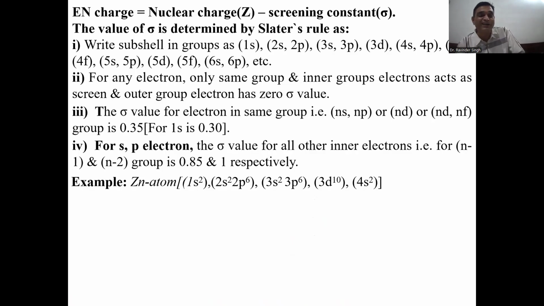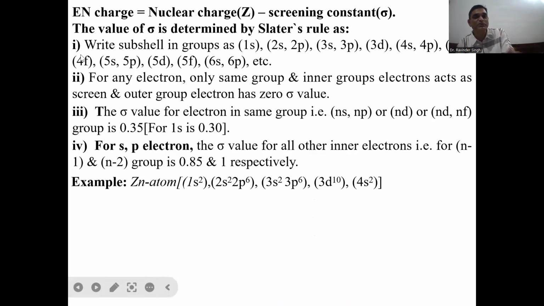If the question is asked about the S and P electron, if the question is asked what is the effective nuclear charge experienced by S and P electron, then and only then that point number 4 will be followed, not by D and F electrons. Okay. So if the question is asked what is the effective nuclear charge experienced by any of the S or the P electron, you will use the